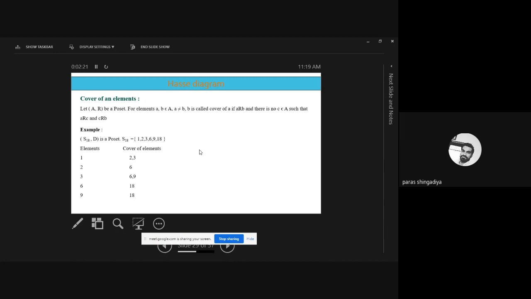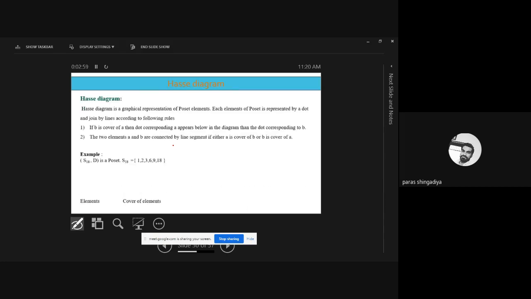In the last lecture we repeated this topic also: how to derive the cover element of each entry, and I think the S diagram theory was remaining to repeat. So let's repeat it again. Cover elements of 1 are 2 and 3. Cover element of 2 will be 6. Cover elements of 3 will be 6 and 9, since 2 divides 6, 3 divides 6 and 3 divides 9. Cover element of 6 will be 18, and 9 also has 18. For 18, there is no cover element. That is the second example we discussed in the last lecture.